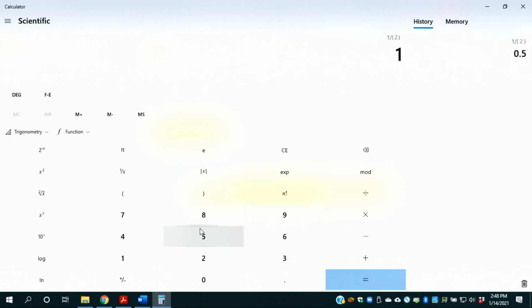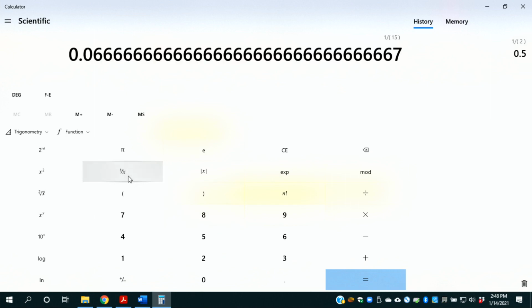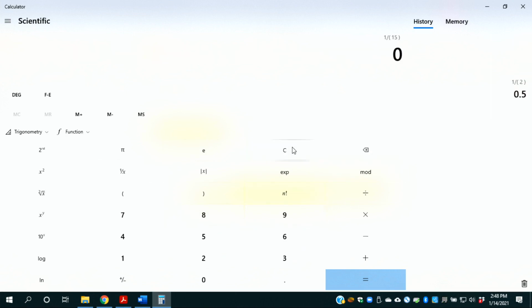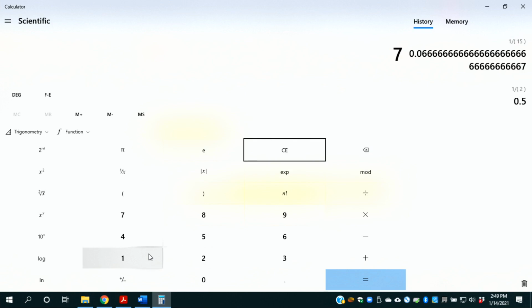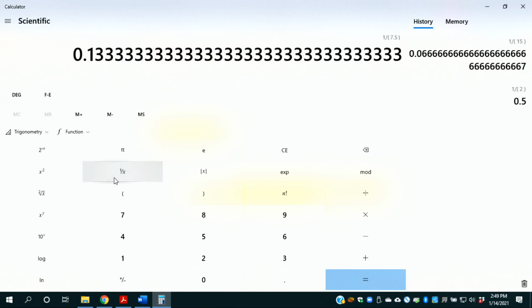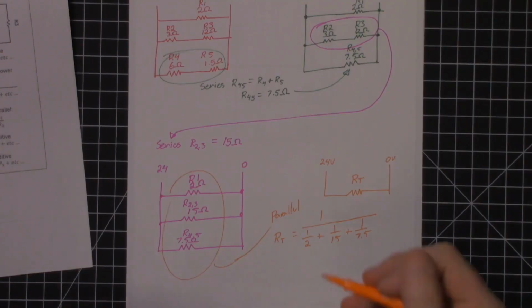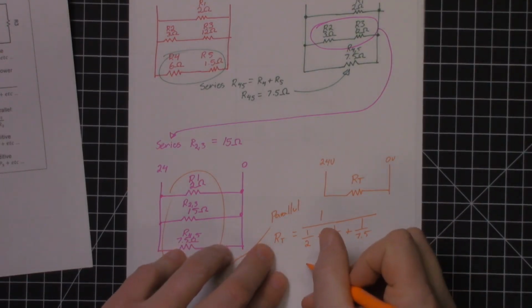15 was another value. What's the reciprocal of that? That's great. Pops over and saves it for me. And clear everything out. 7.5. Oops. And what's the reciprocal on that? Okay. So I've got those numbers all figured out what their reciprocals are, and I'm just going to run back to the paper copy here to show. This ended up being